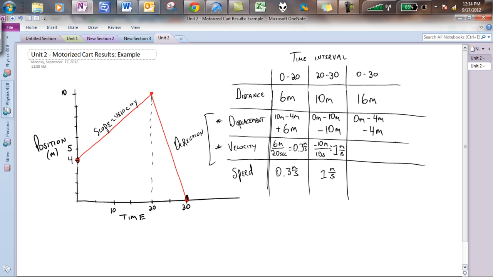Our last piece here, the velocity and speed. One of the biggest things that I just want to mention here is you will note that the beginning velocity between 0 and 20 seconds is 0.3 meters. You'll notice the ending velocity is negative 1 meter per second. There's a lot of schools of thought on this. Some people say, well, let's just average them. But if you take a simple average of this value, 0.3 and 1.1 meter per second, you're going to realize